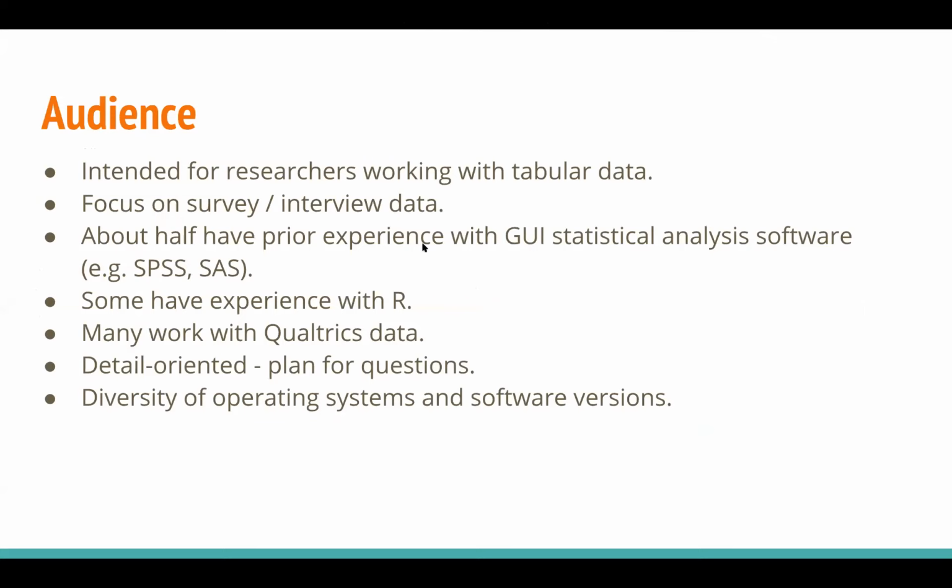I'll talk some about the audience that we have had so far for these workshops and that we anticipate. This workshop is intended for researchers that are working with tabular data in the social sciences realm. The focus is on people who work with survey data or interview data. In the pilot workshop so far, we found that about half of the learners have some prior experience using a graphical user interface statistical analysis software such as SPSS or SAS. Some, but not many, of the learners at the workshops have prior experience with R. Many have worked with Qualtrics or SurveyMonkey data,